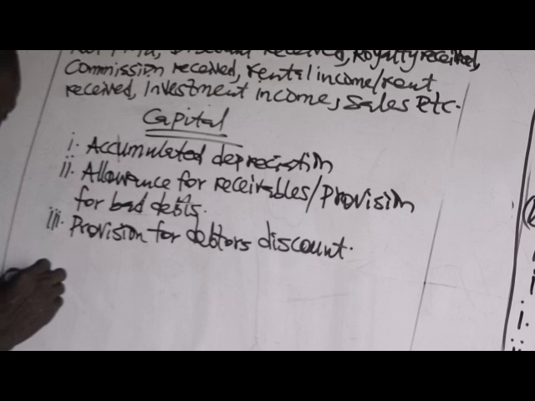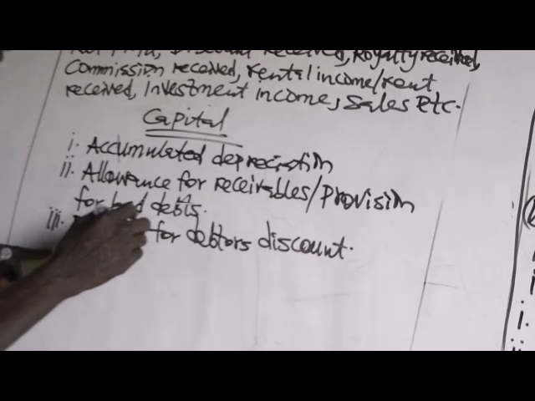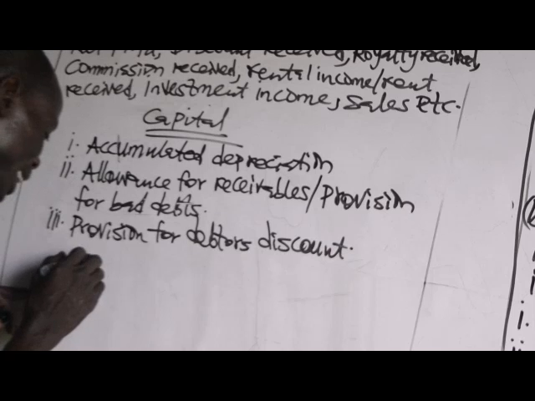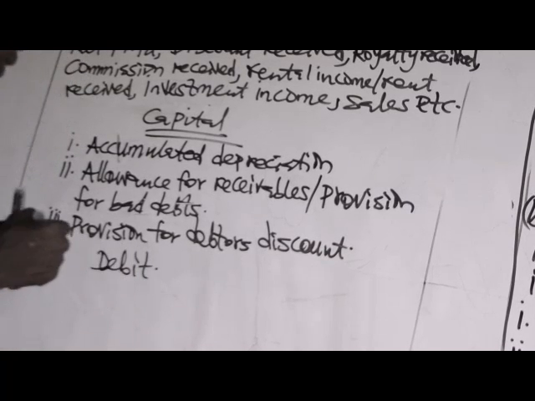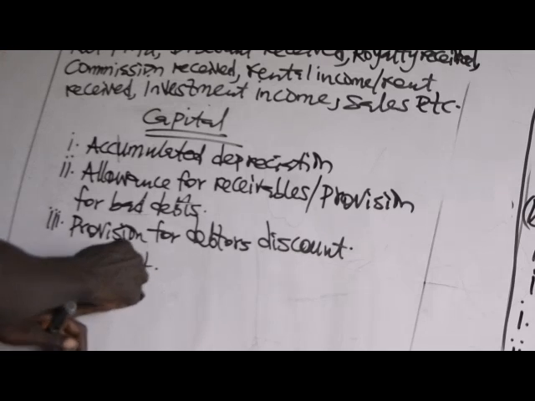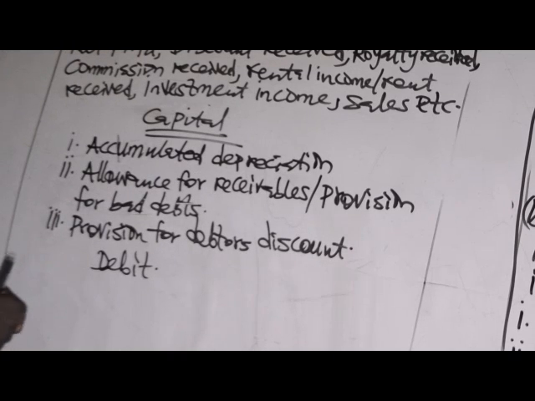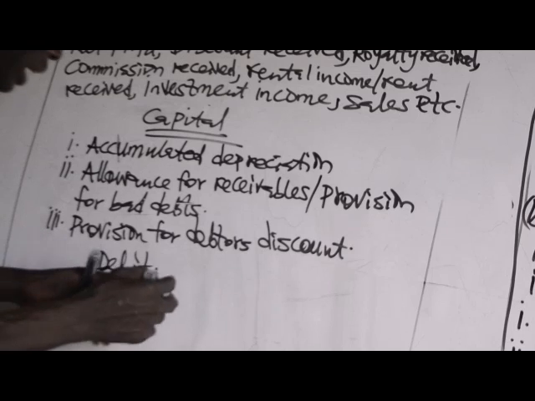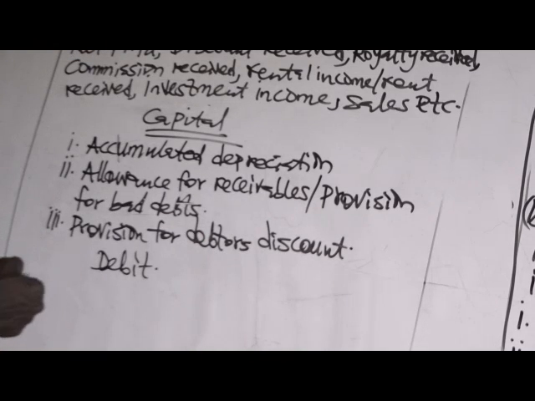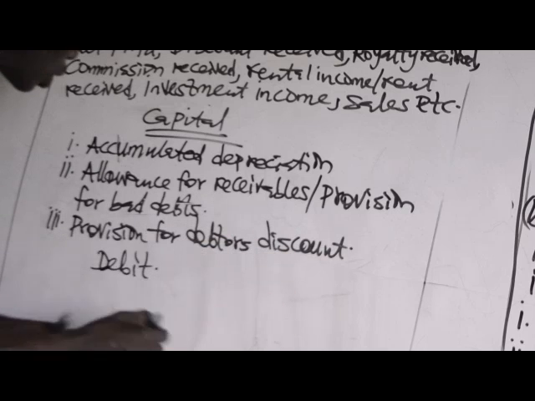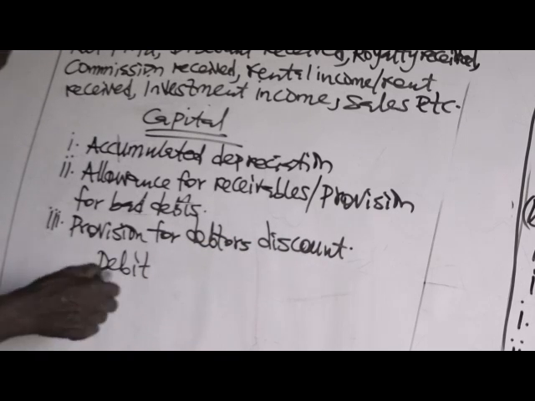Then your creditors discount. I've told you that this item should be credited. Why will this one be debited now? Any provision or estimate made against an item to be credited, that estimate will be debited. Remember, payable or creditors is a liability which goes to the credit side of the trial balance. Any estimate made against the creditors that takes a credit entry in the trial balance, that estimate goes to the debit side. So we debit